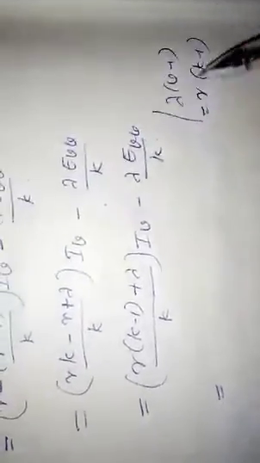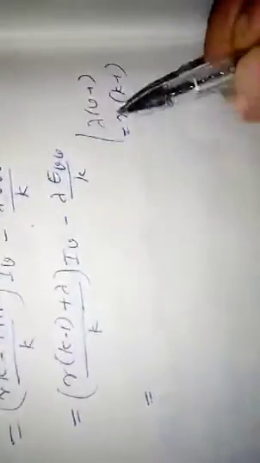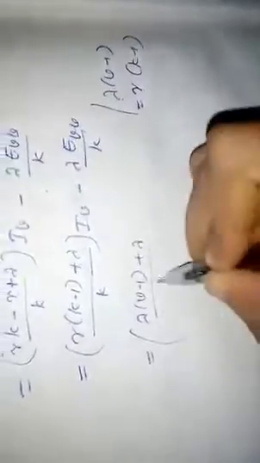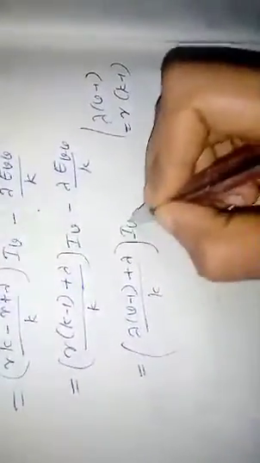So we can write lambda (V minus 1) instead of r (K minus 1). So here we can write lambda (V minus 1) plus lambda divided by K into IV minus lambda EVV divided by K,